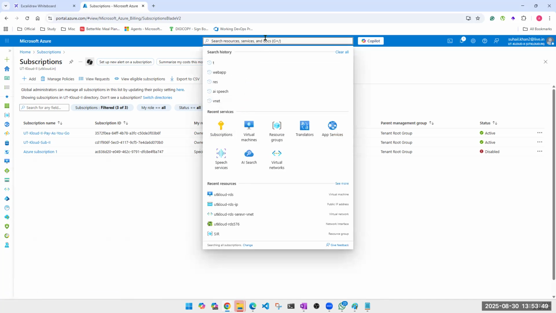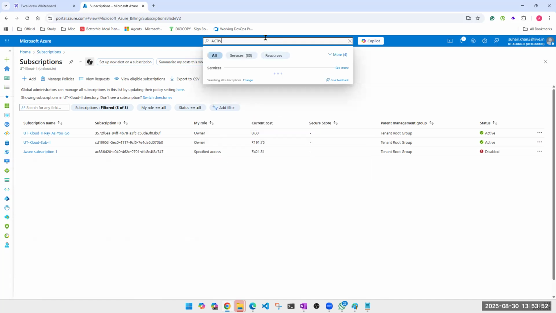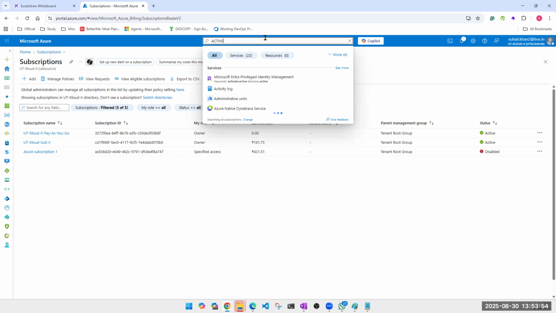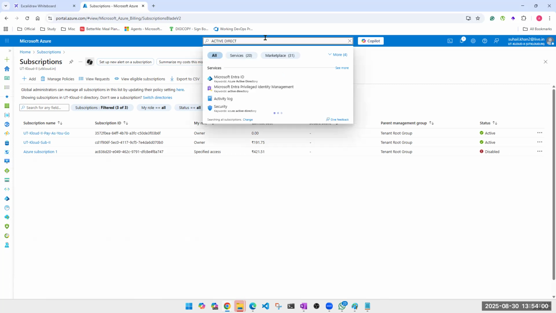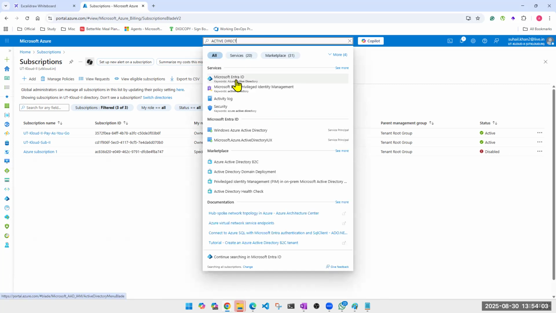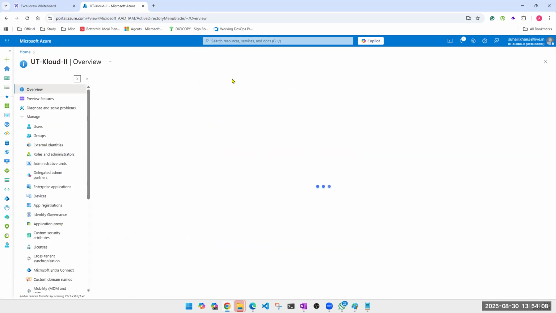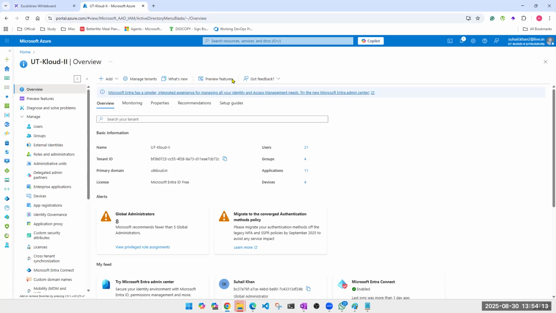to Active Directory, let me see if it still works. When you search Active Directory, it takes you to Microsoft Entra ID. Yeah, look at this. Even if you search for Microsoft Active Directory, it will take you to Microsoft Entra ID. You guys always stick to Microsoft Entra ID. People who are showing experience of 5 or 6 or 7 years, you can mention Active Directory sometimes because it should portray that you have worked on both of them. It happens. Your interviewer who has worked for 10 years, you will definitely hear Active Directory from him or her because they are working for a long time. They are habitual now.